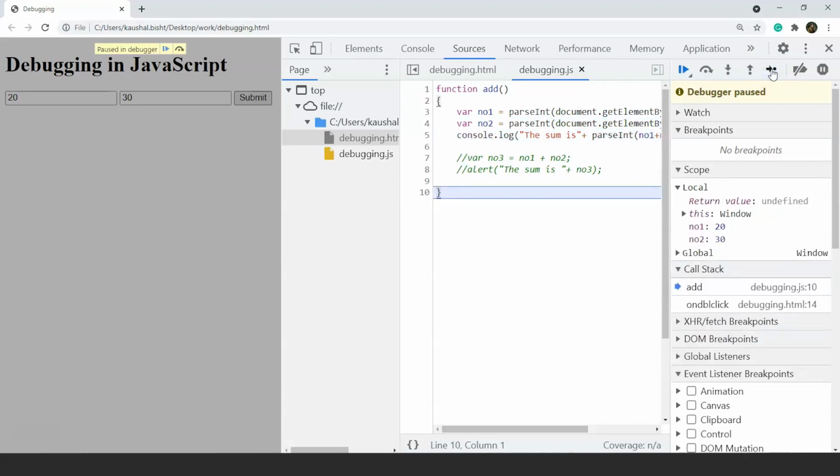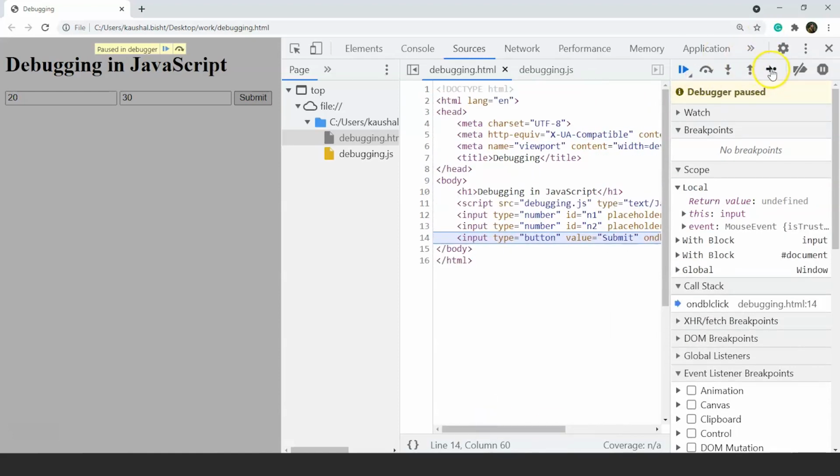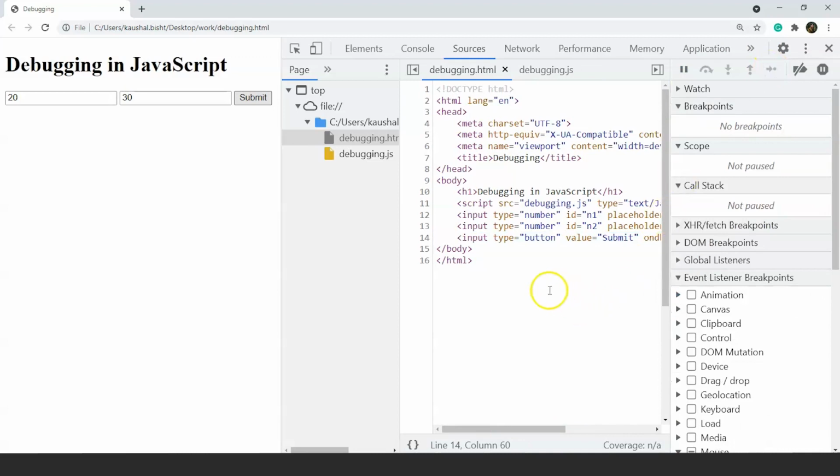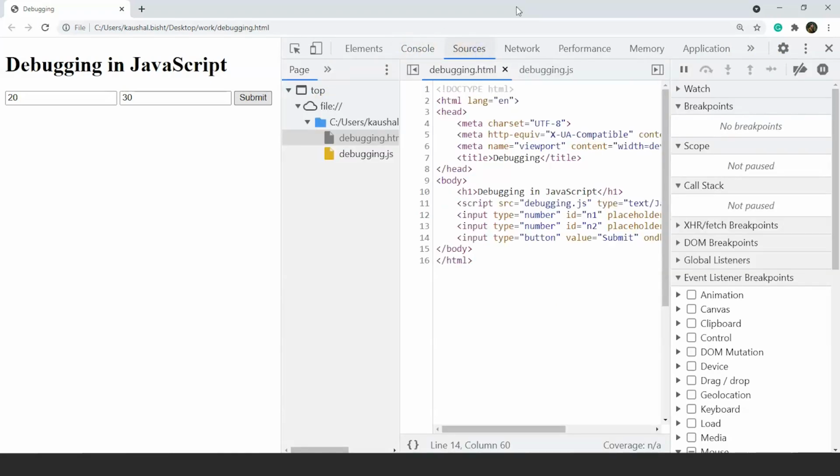And then you can see the JavaScript file is executed and it will move back to this double click event, and the final step, it will print the output on the console. So if we go here on the console, you can see the output is 50. Fine. So this is how we can review our program step by step. And one more thing is it will show us the error as well. Now let's try to create an error in our program.